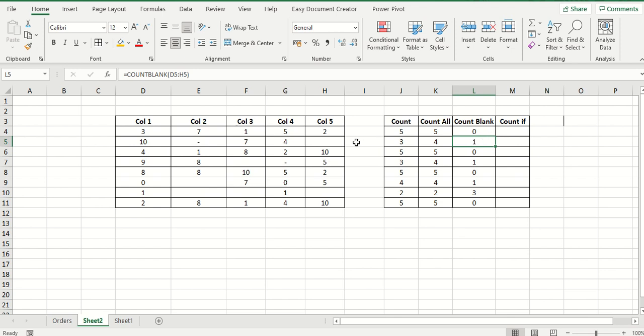Here see, because of this blank cell it is showing as 1, friends, and here also 1 is there, friends, so because of the blank cell here it is showing as 1. Here also because of this one it is showing 1, friends. Here also same, friends. So simply it will count only the blank cells, friends.